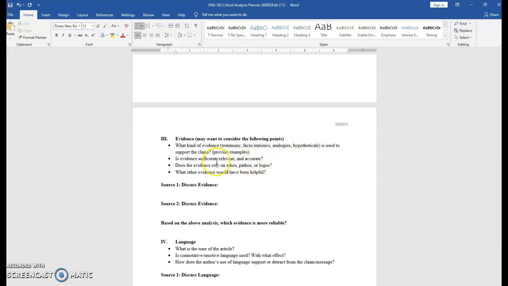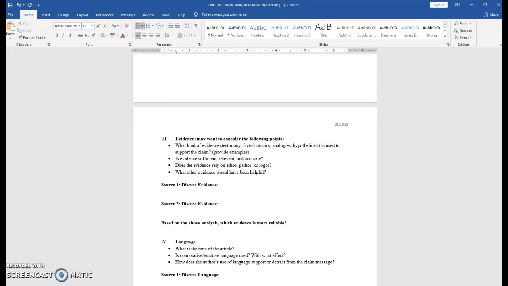Then you want to decide, is there enough, sufficient evidence? Is it all relevant to the topic at hand? And does it seem to be accurate? Also consider ethos, pathos, and logos as you look at the approach that the author uses in the source or in the material. And you can always look up those terms.